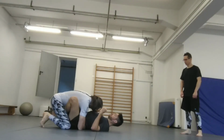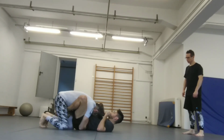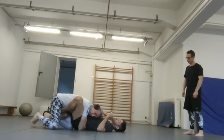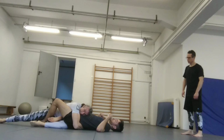Show what to do when he does it. Actually, when I think about it, I can stay on this side. Okay, same situation, I'm coming here, and my opponent is desperate to keep his hook in, so as I start to sprawl, he extends his leg to keep that hook in. This is the best thing that can happen to me, honestly. This is not bad at all, because now all I have to do is just raise my knee,